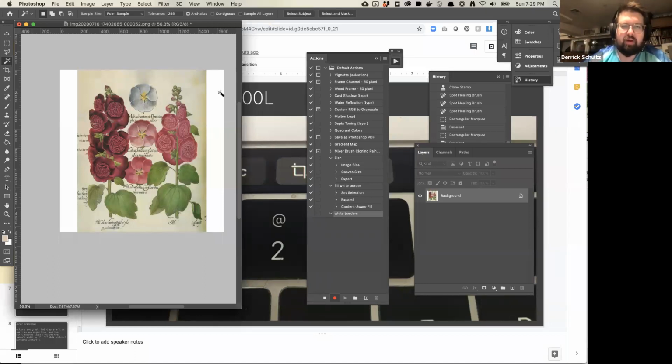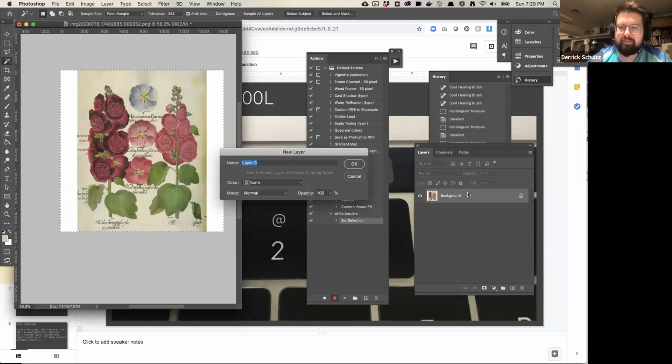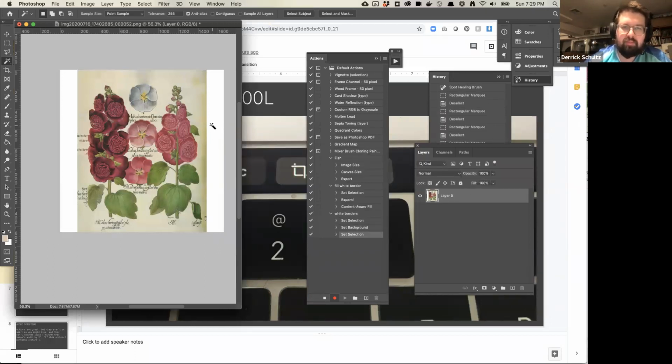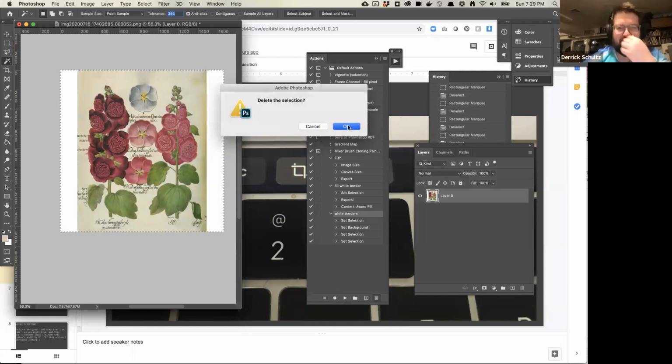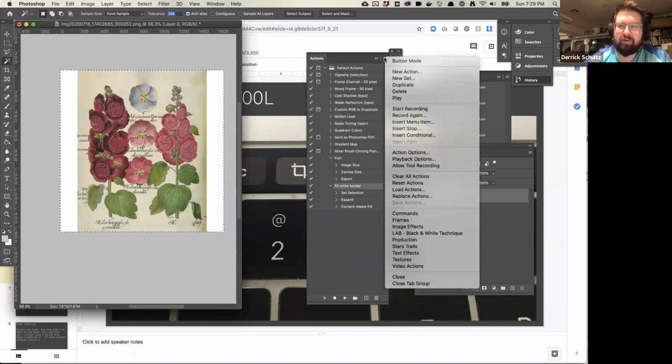So I'm going to go ahead and click this. Oh, interesting. What happened there? Maybe I have to make this a layer. Oh, my tolerance is way too high. That's the other thing, this is a problem with actions: once you make a bad step, you kind of have to delete it. So I'm going to hit stop and delete this entire thing. Now that I realize what I'm doing wrong here, we'll create a new action.